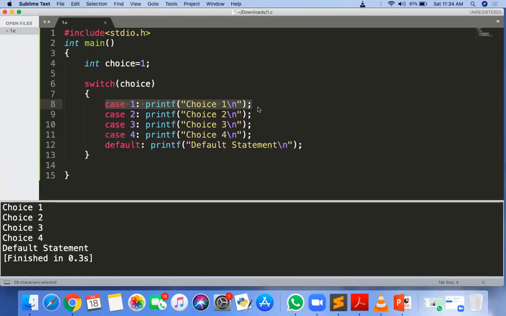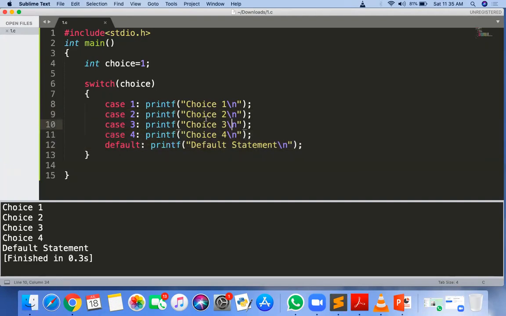Remember it, a very important point. If the first case is true, then the cases below become automatically true. It will not check the further cases. If I meet any case as true, the cases below become automatically true. So here my first case is true, so all the remaining cases automatically become true.